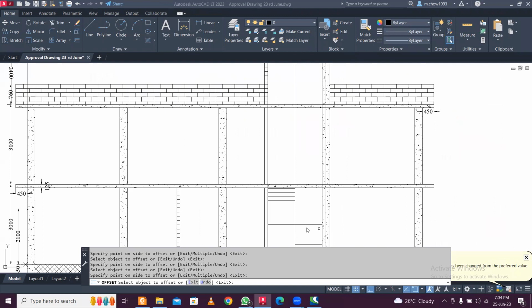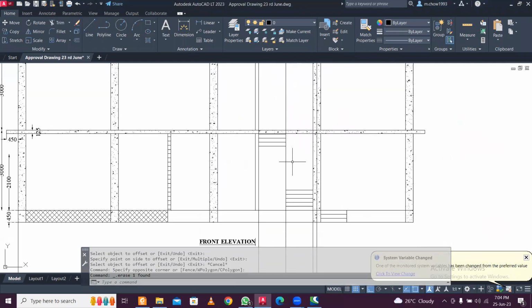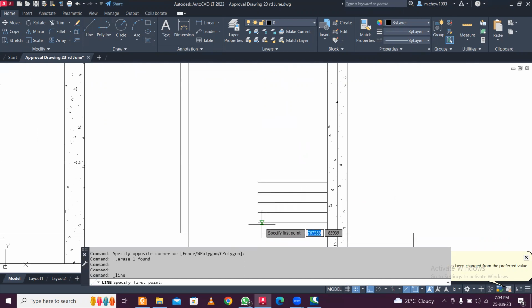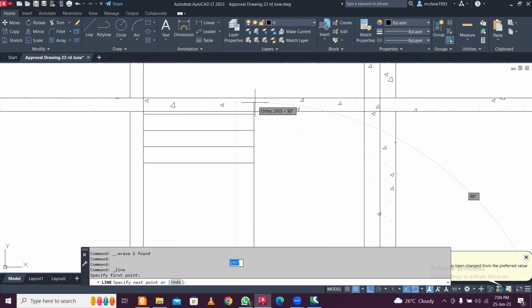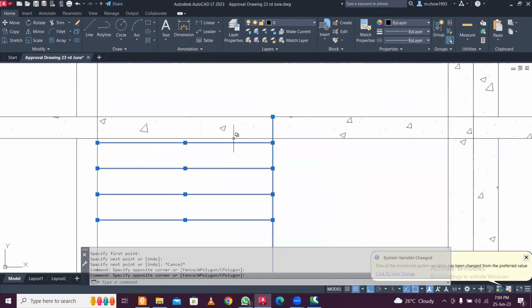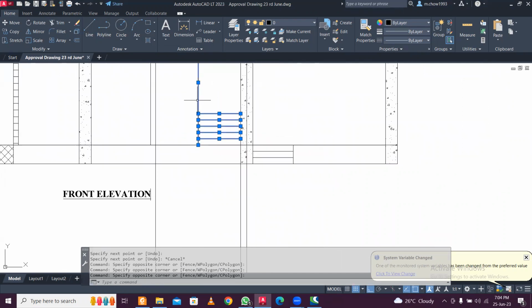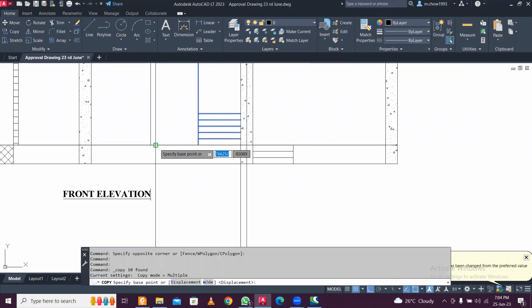So we'll not see any other thing. So just do this, close this, and we can keep this line for the next floor, the same orientation for the staircase. So you can just copy this. I'm selecting this, just copy this from this level